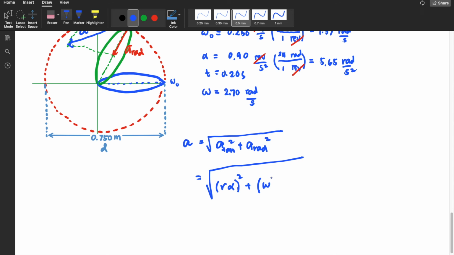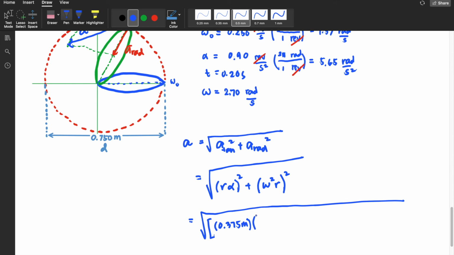So you'll have omega squared r and then squared. So all you have to do is simply square root of, you'll have here r, which is 0.375 meters, times its alpha, which is 5.65 radians per second squared, quantity and then squared, plus the